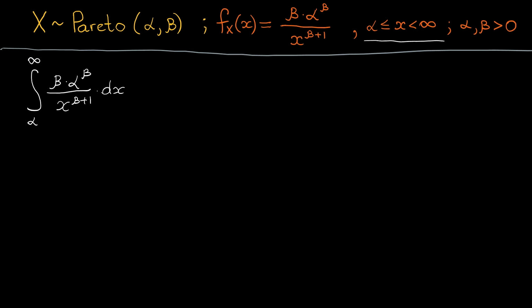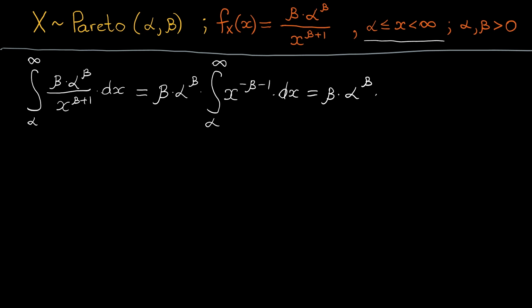dx. So there's a lot of letters here, but x is the only one that we're integrating with respect to, so this is quite straightforward, right? We can just pull the constants in front. We got beta times alpha to the power of beta times the integral of, and I'll write the x with a negative exponent, minus beta minus 1 dx from alpha to infinity. Okay, and what do we get? We get beta times alpha to the power of beta, and